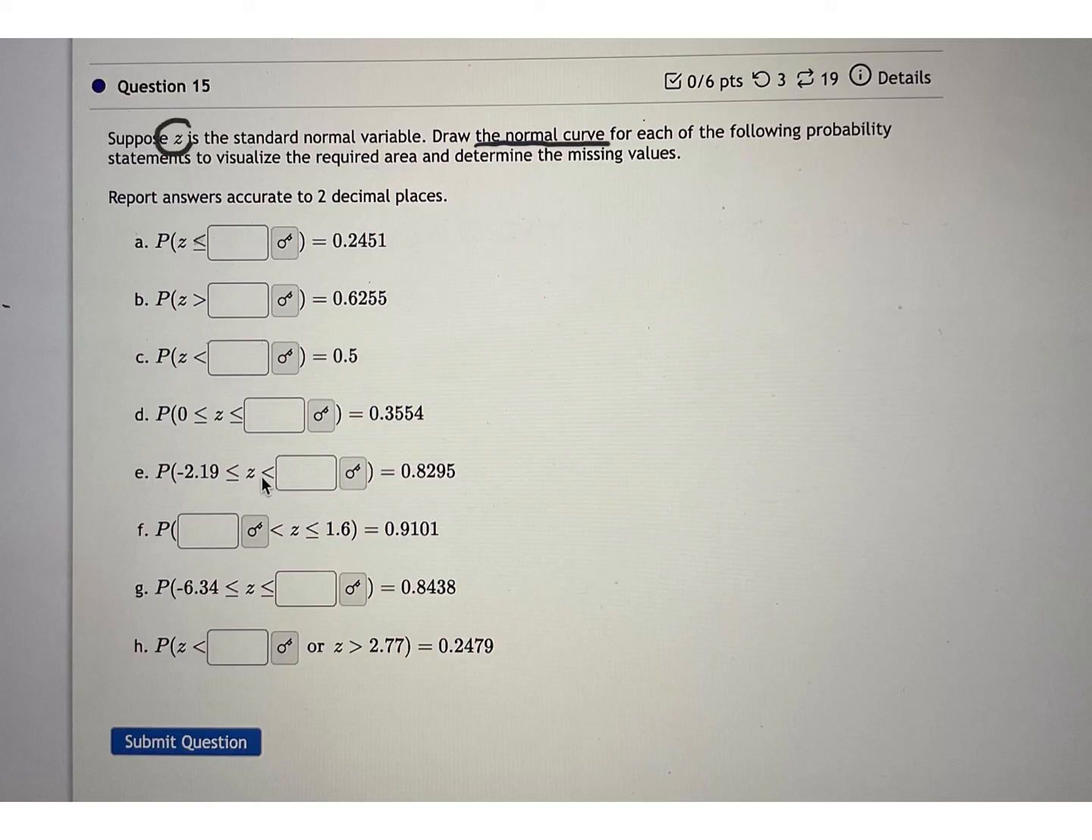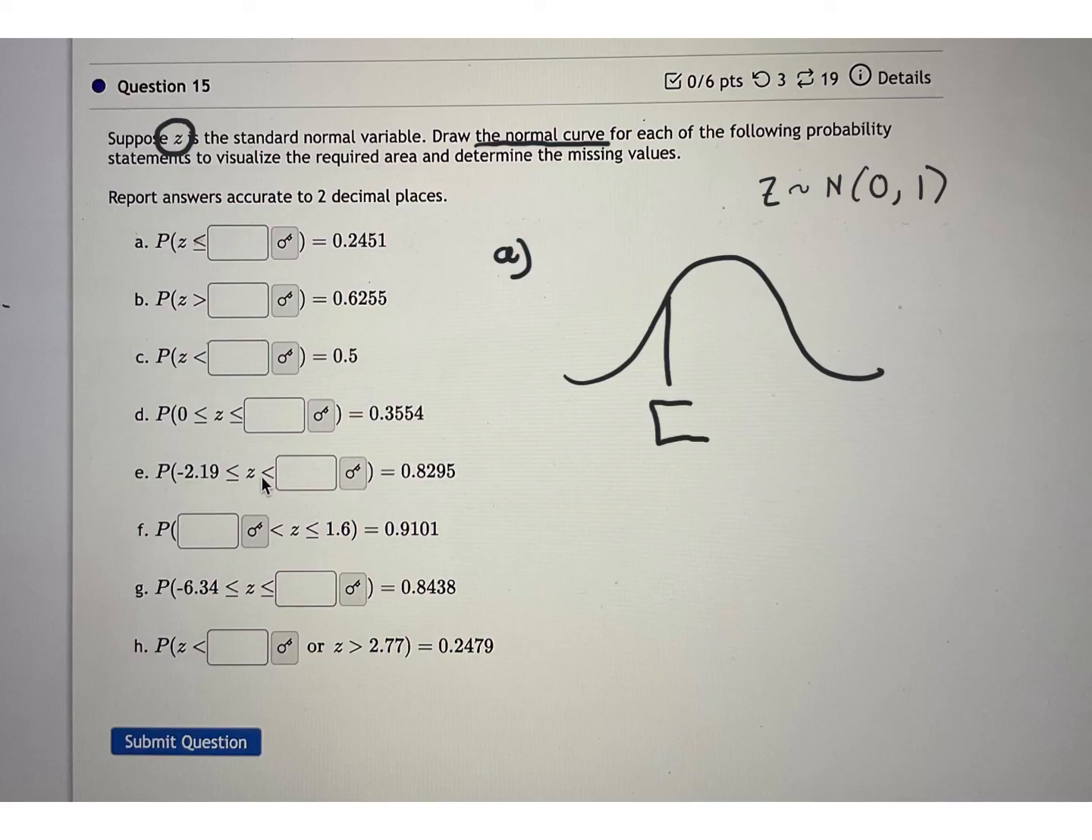Also, it says Z, and when it says Z, that tells us that it is distributed normal with a mean of 0 and a standard deviation of 1. That's what Z implies, so it's good to know. All right, so this one says, for letter A, what happens if Z is less than, we're looking for the cutoff value,